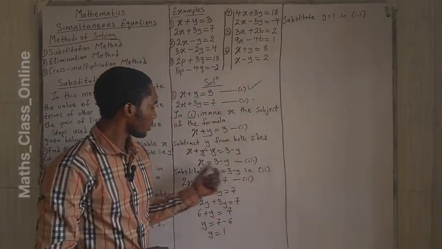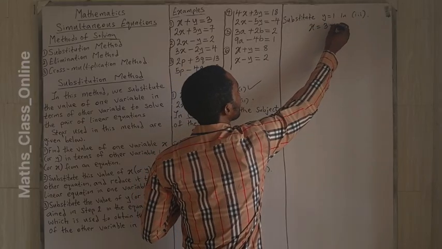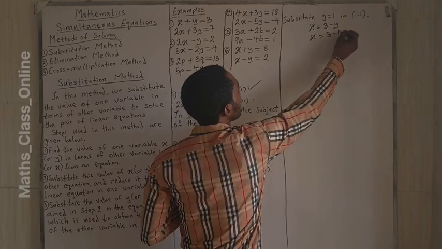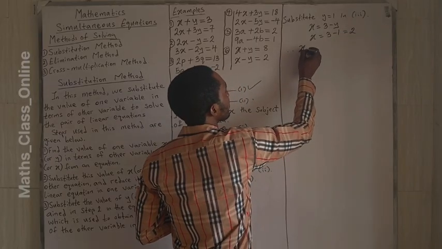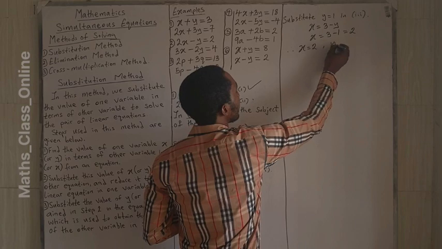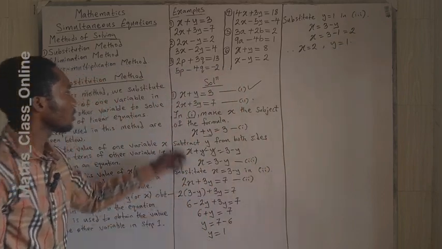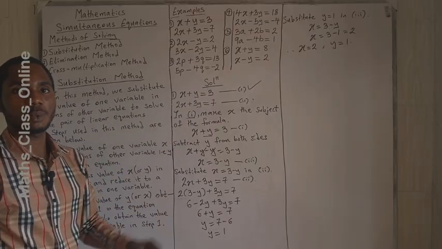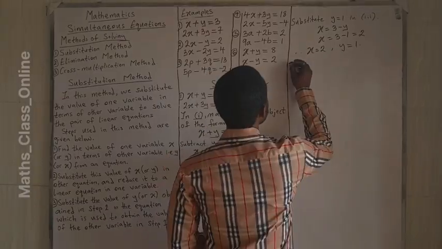What is equation 3? x equals 3 minus y. x equals 3 minus 1, which equals 2. So therefore, the value of x is 2, and the value of y is 1. For this pair of equations, we have the value of x to be 2 and the value of y to be 1. Next example, we have